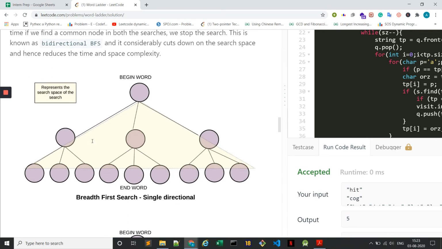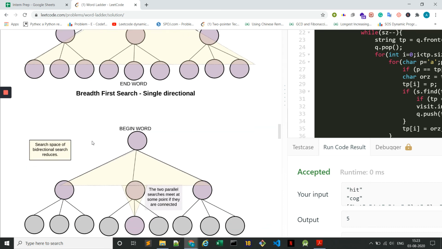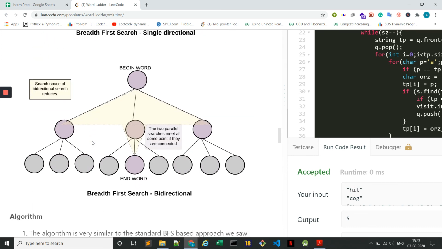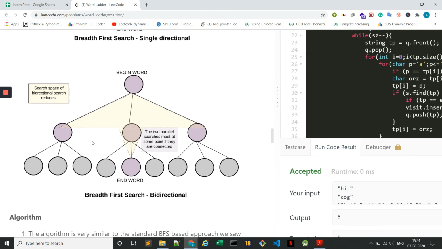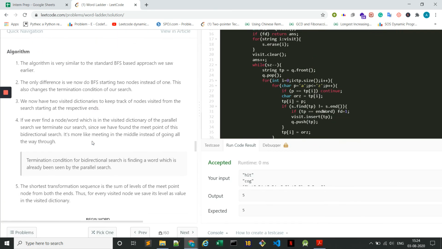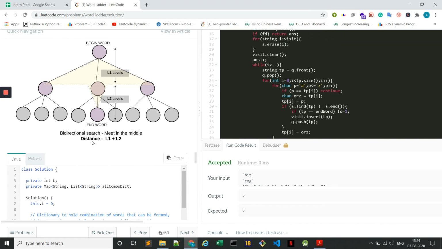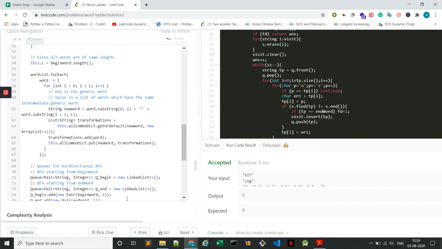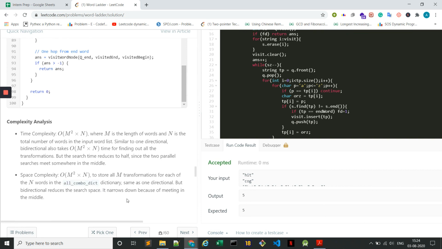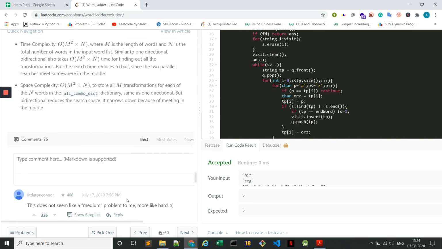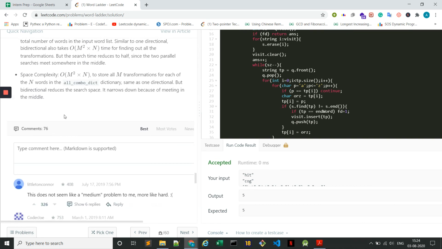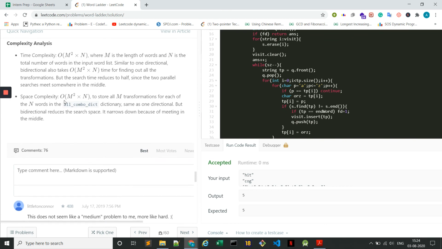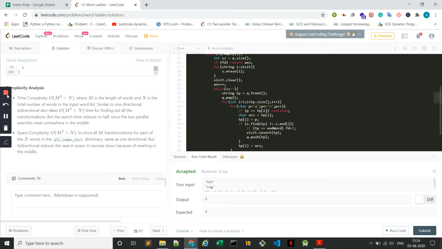I think we can go on with this. They have given an in-depth analysis, right? So yeah, good luck.